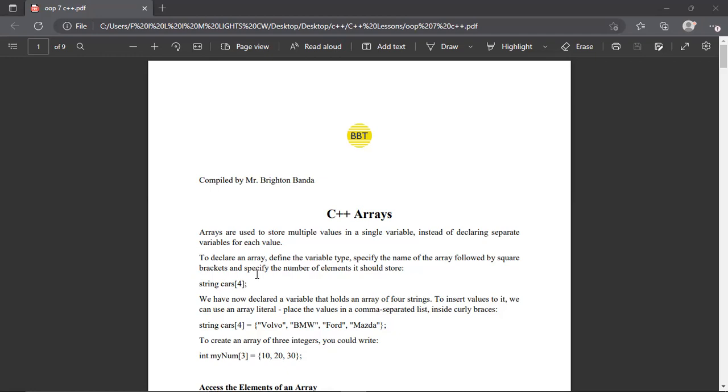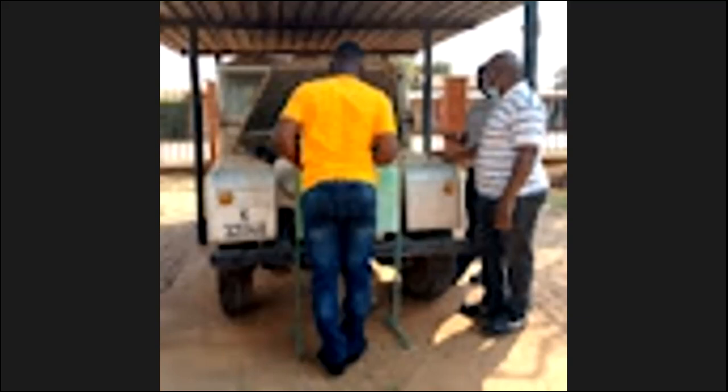Okay, instead of you declaring a number of variables of the same type, maybe you want to declare variables that define cars. Instead of you declaring, say, string BMW, string Benz, string Ford, you are just going to declare one variable and make that variable as an array. How do we do that? We say, if we want to store integers, we define the type, then